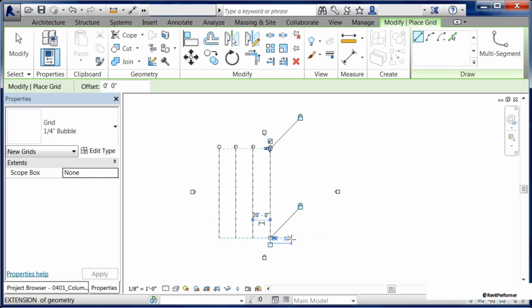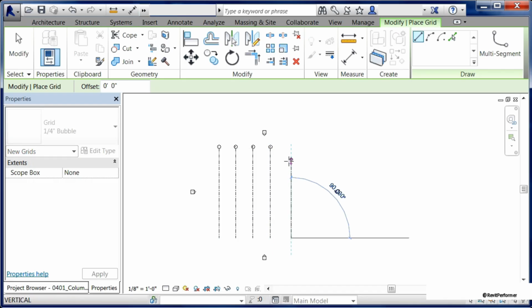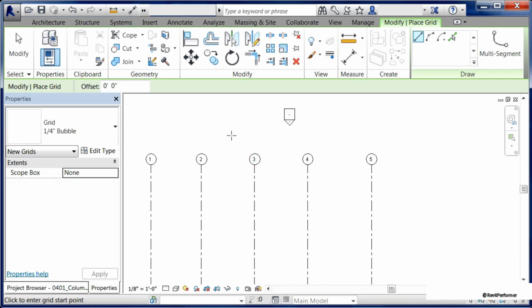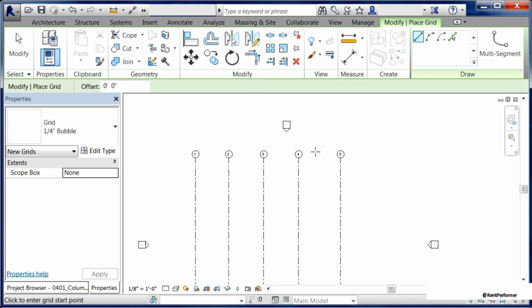Come up, click there, and do this one more time. You can either type in a dimension or just eyeball it, clicking and moving straight up. If we zoom in, we'll see this 1 through 5. Because of that order, it means that the next one that we will have will be number 6. The reality is, though, I want to go from right to left, and in doing that, we want to switch this from being numbers to letters. There's really no way to do this on the fly, so we have to place the first one in and then adjust it after it's been placed.